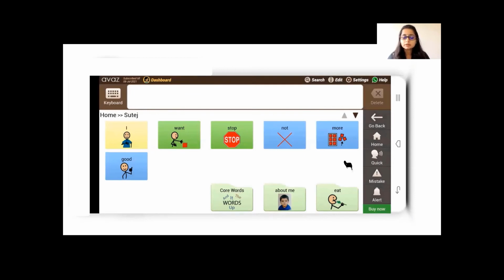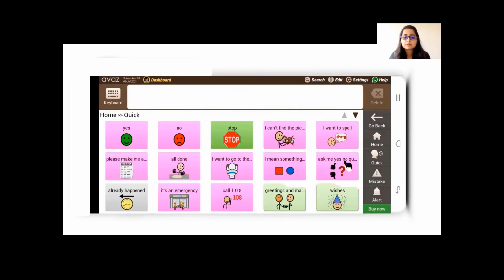We talked about situations where there is an emergency or where there is not much time for the AAC user to formulate a message by choosing individual words, or when the child is having a meltdown or a tantrum, or any other situation where communication needs to happen quickly, and the AAC user needs some pre-programmed phrases. This quick comes to the rescue.